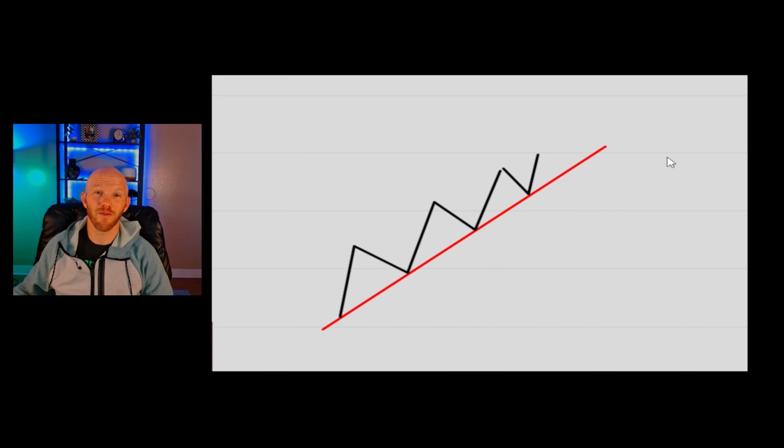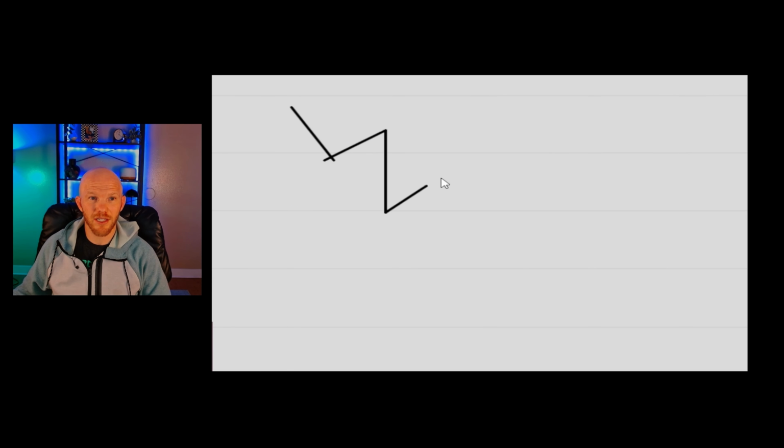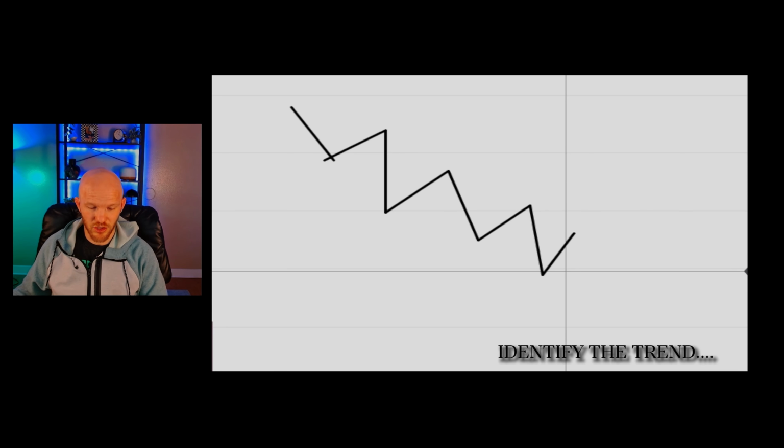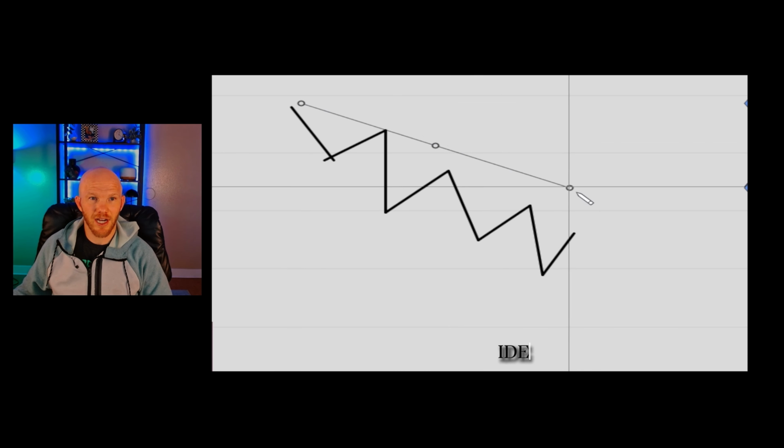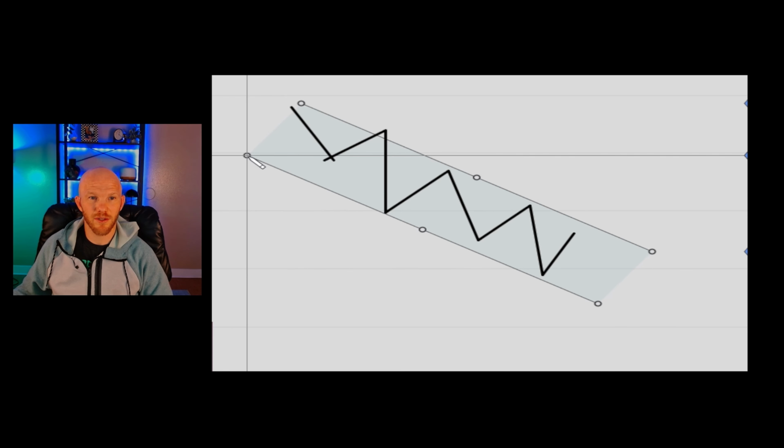If you're looking for a reversal, you need to wait until it is played out, meaning that it has had a break and new extreme. And the same is true, of course, to the downside. If the market is trending lower, the first step is to identify the trend, starting at the top where the trend starts, going to the bodies of the candles, and this whole time we would only be looking to sell.